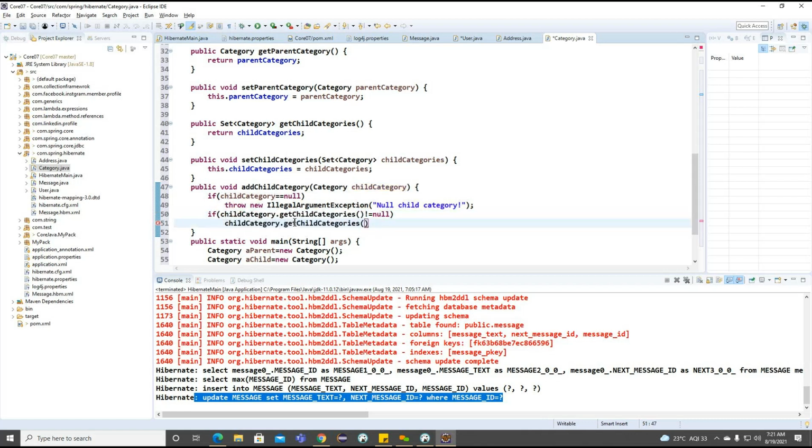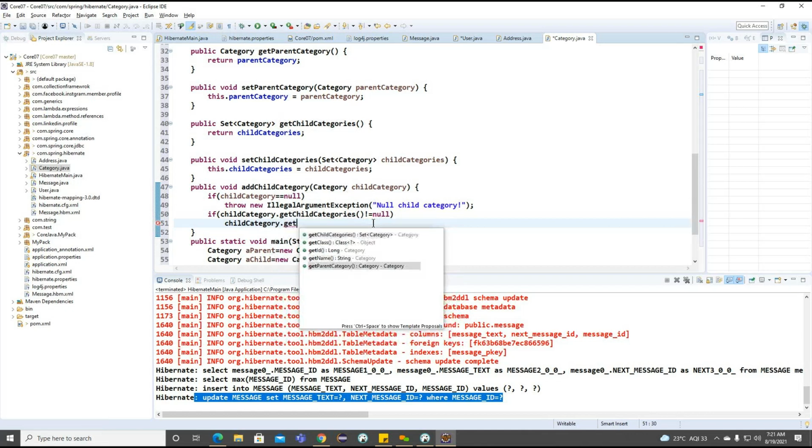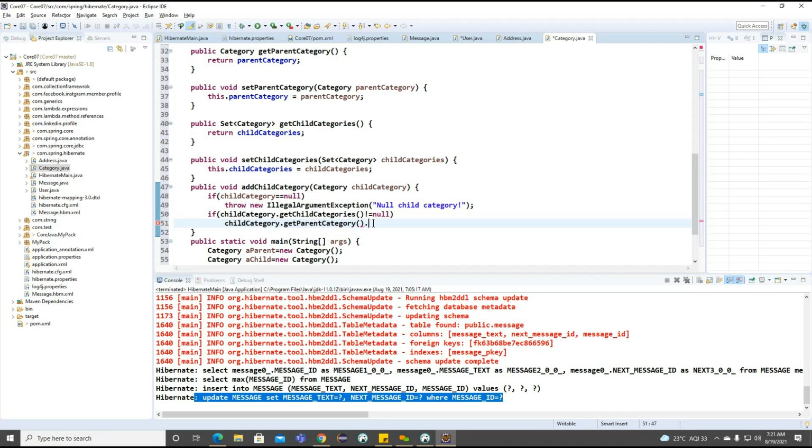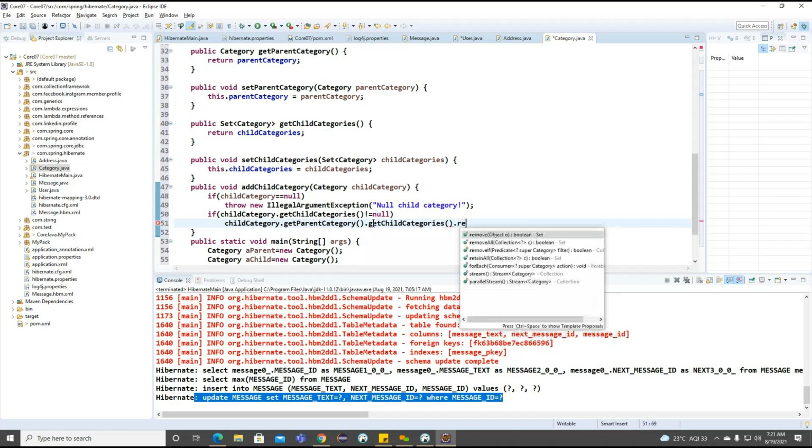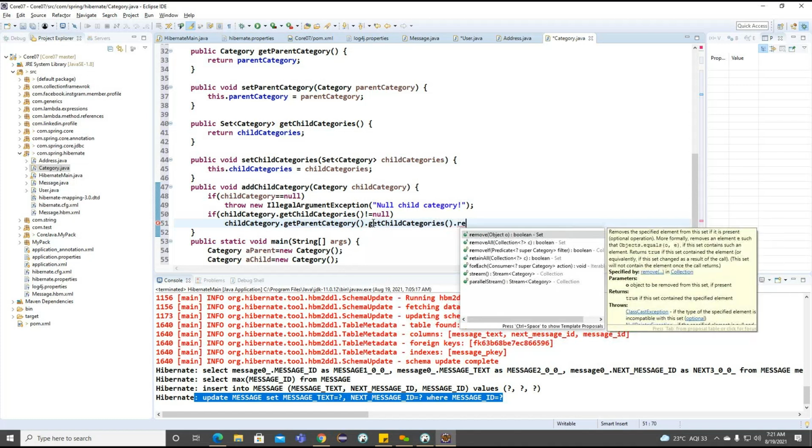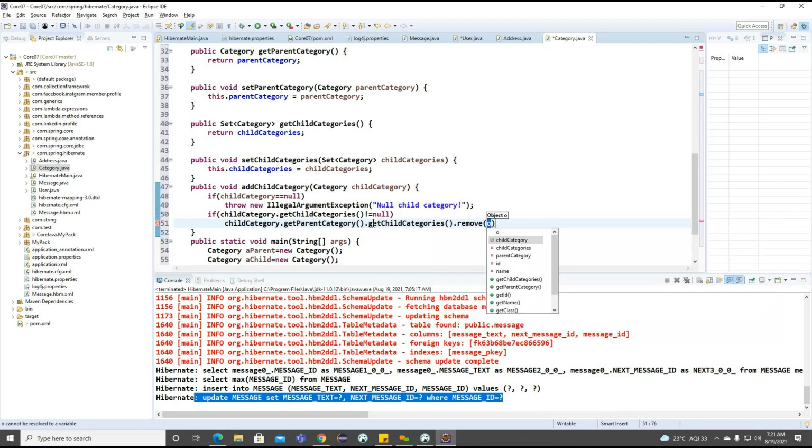And now what I'm doing here, I'm trying to work on the if this particular child categories are null, first we'll go for the get parent category. For this parent category, what are the child categories we'll have? We'll try to remove all the categories here based on this particular object. Getting the point. So see carefully here.